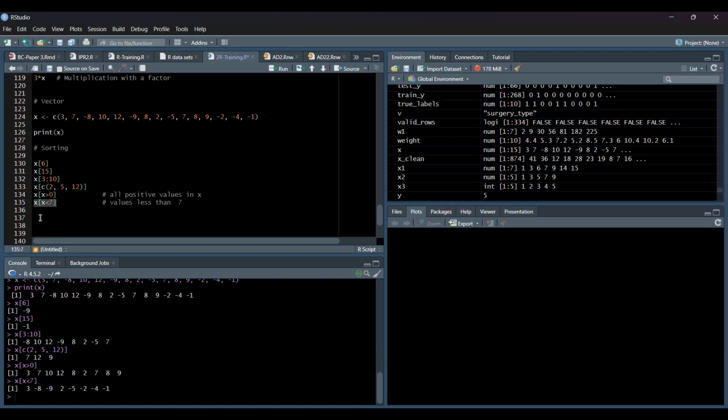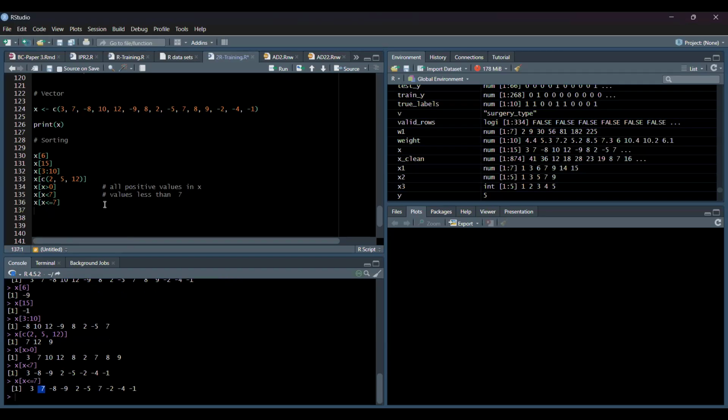So over here, this is how we demonstrate it. Less than or equal to. So it means that 7 will be part. All right. Then we can also look at